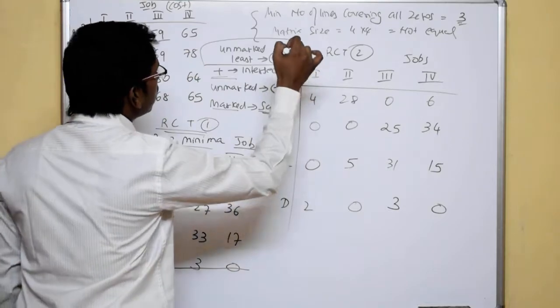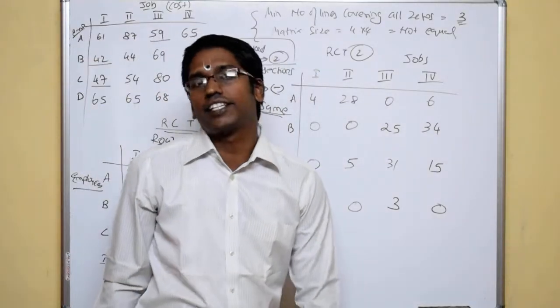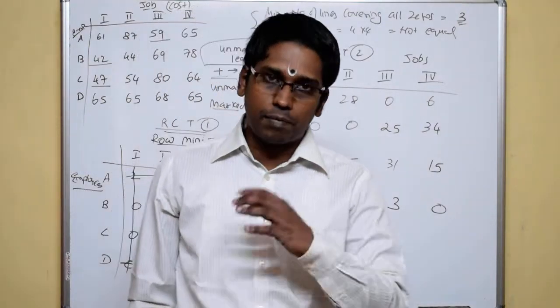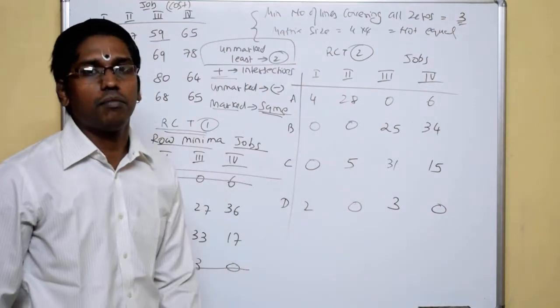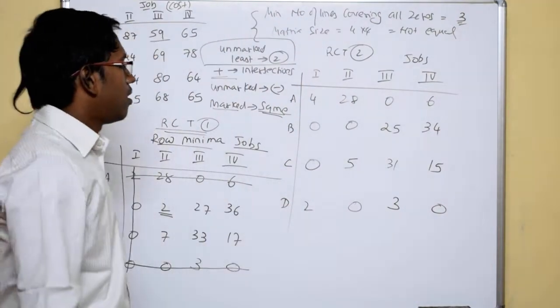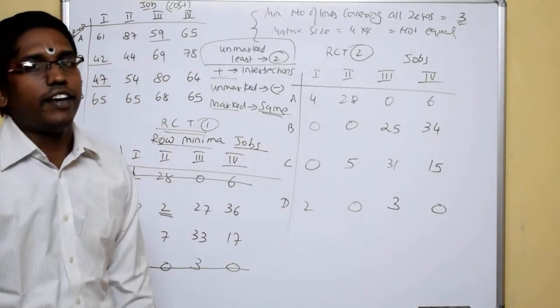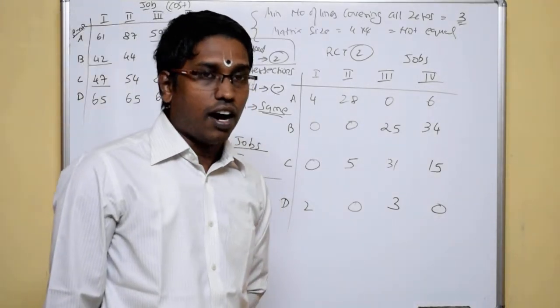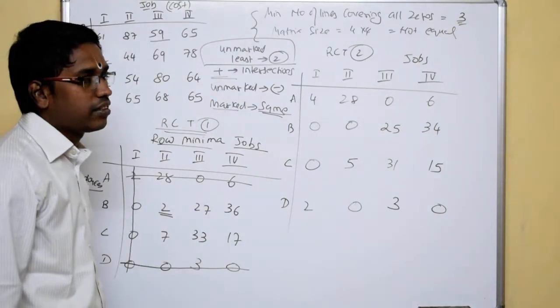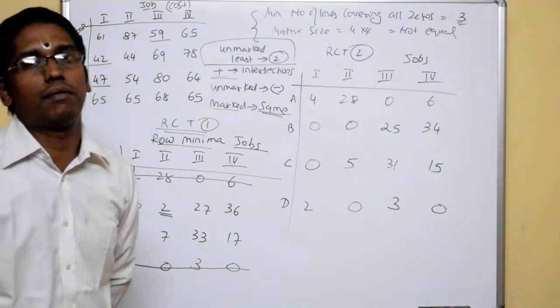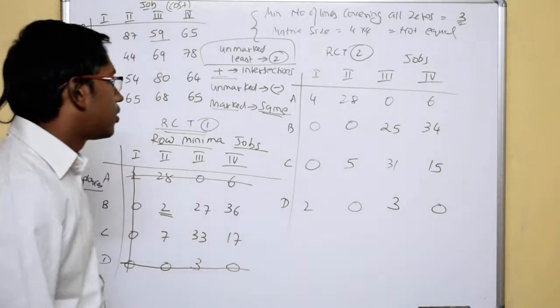So now we have a new reduced cost table that we have obtained with this procedure, wherein we took the least unmarked number, added it at intersections, subtracted it from all unmarked numbers, and all the other marked numbers remain the same. Now with this matrix, we again try to check if an optimal solution is possible. How? Again, your task is to cover all the zeros with the minimum number of lines. Alright? So now,